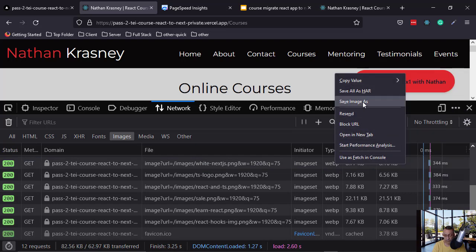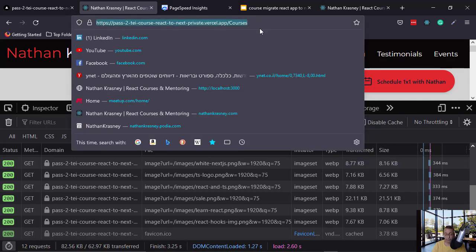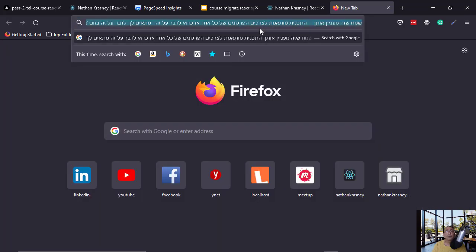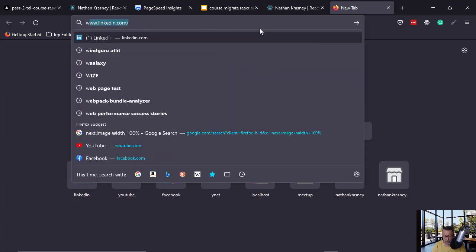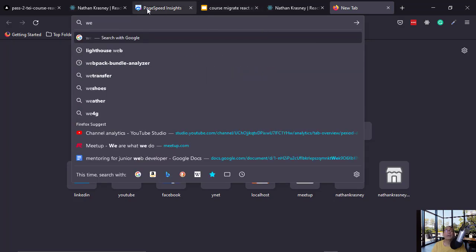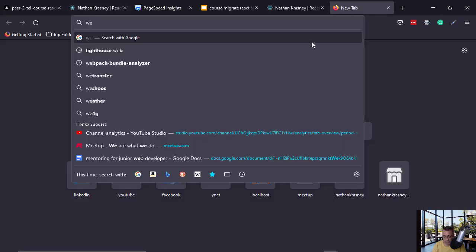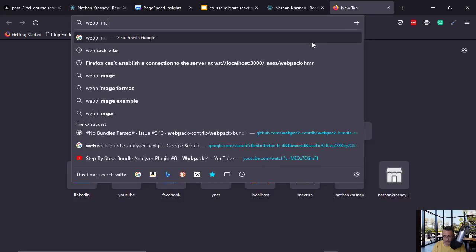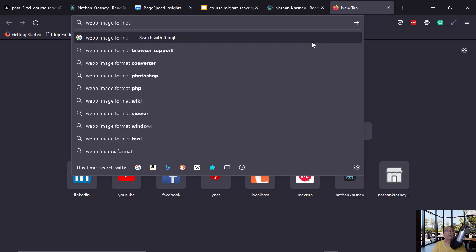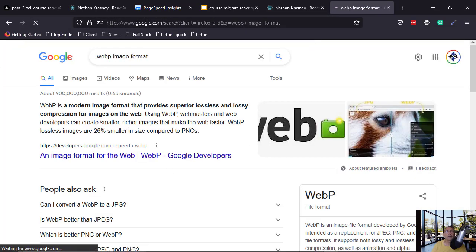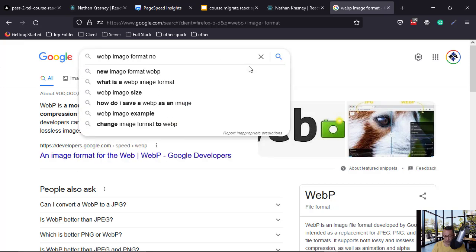okay, copy, WEBP image format. Let's see what it is. You see that it's a modern image format that provides superior lossless and lossy compression for images, meaning that it is better for performance. Okay, and if we look at next.js,